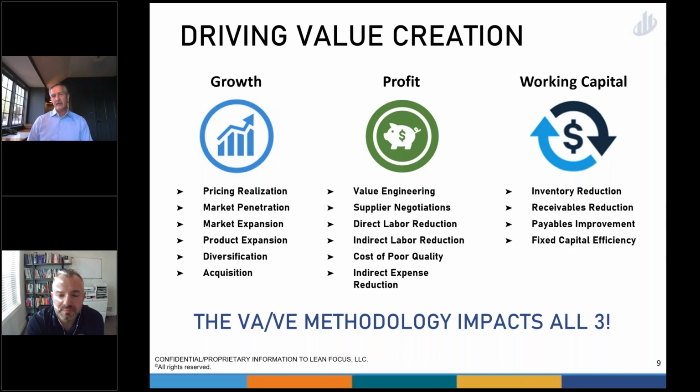So we had a major improvement in our working capital, over $2 million of reduced working capital, huge impact on our profitability because of the cost reduction. And it also helped us out a lot on the growth side, because we were able to reduce our price if we needed to against this new competitor that had arisen, and we used that to continue to dominate that market. So it's just a quick example, but that was one of my first experiences with value analysis, value engineering, and it was just such a great success that I became a very big believer in using these events to drive improvement in the business over time.